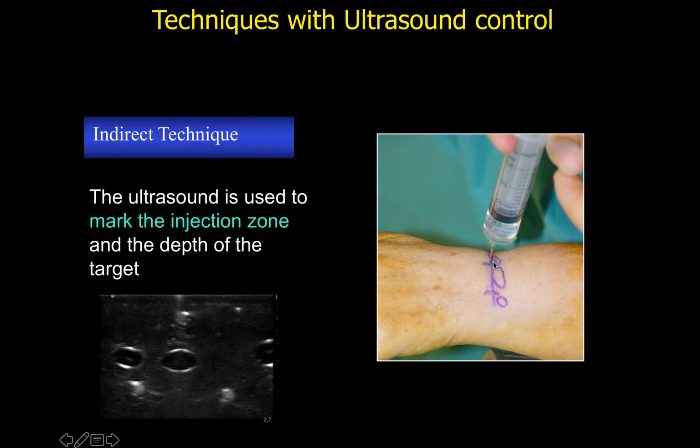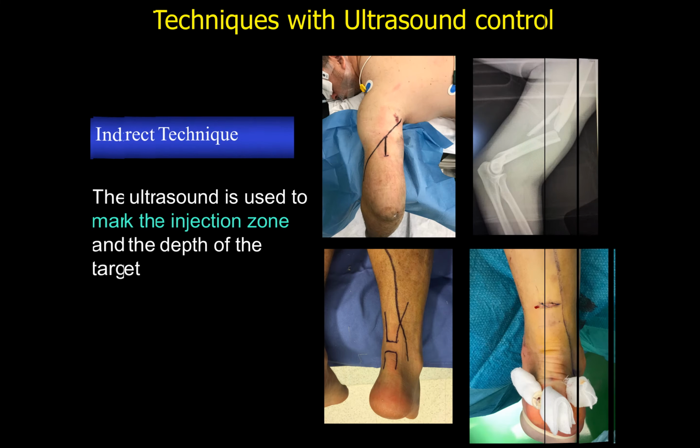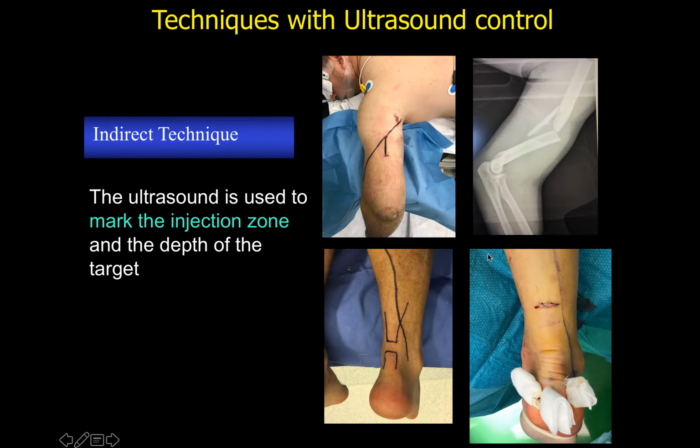We see here how we have marked the third and the fourth compartment on the wrist, and just between both compartments we know that at 2 centimeters depth is the joint. We go perpendicular, and so we try to find the joint without direct control. This is a solution that we use very often just in cases for